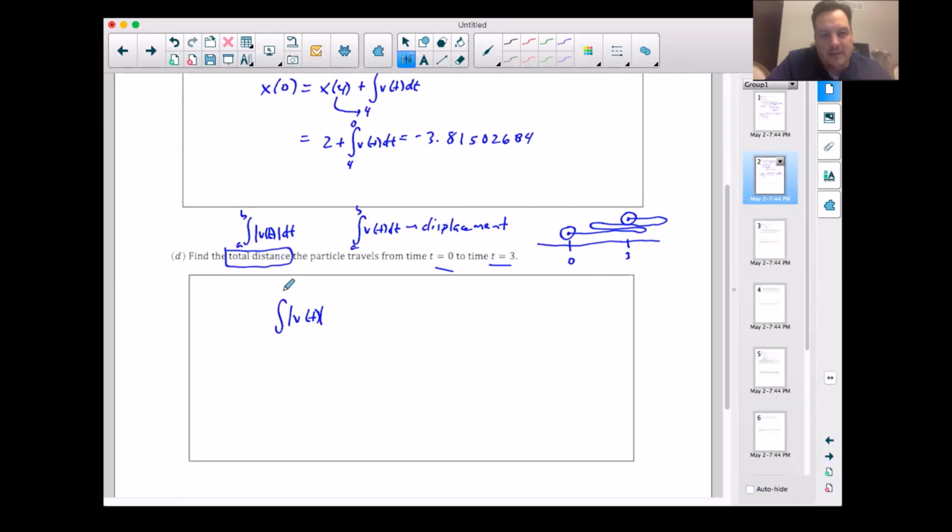So this is going to be a little bit different than total distance. The AP exam loves those total distance questions. And so it's going to be the integral of the absolute value of v(t). And they even were kind enough to give us these limits from 0 to 3. And so now we can just type this into our calculator again. So if we go back to our graphing calculators,